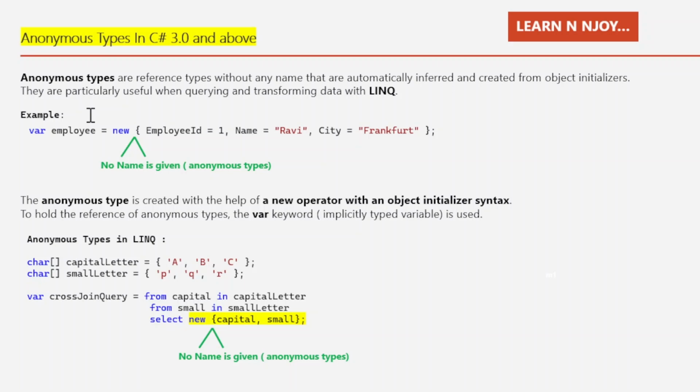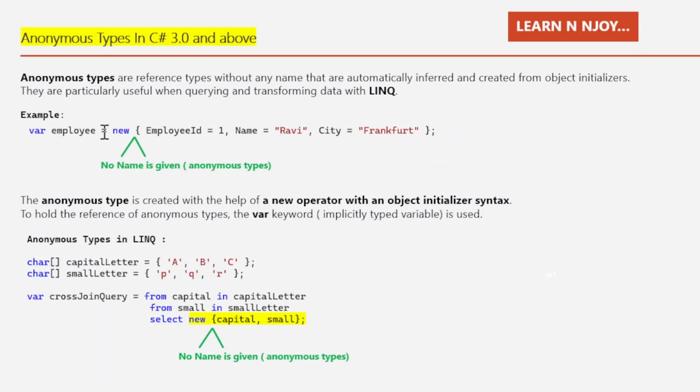Here I have written var emp = new { EmpId = 1, Name = "Ravi", City = "Frankfurt" }; This is the way we write an anonymous type. If you notice the syntax, I have created an anonymous type with the new operator and object initializer syntax. That's what I wrote: new { EmpId = 1, Name = "Ravi", City = "Frankfurt" };